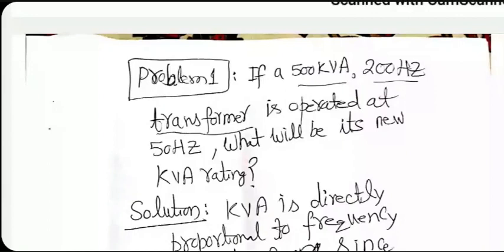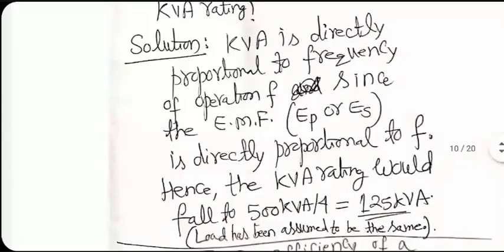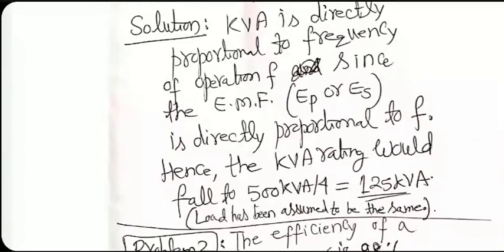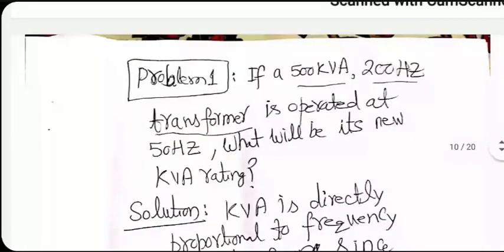Because the wires that you use have diameters based on expected maximum currents under normal conditions. Under abnormal conditions, if the voltages are high and currents also go up, then you have to be careful. The wires might get too heated and may even get damaged. But theory says that, yeah, if it is the other way around, then kVA will go up by a factor of 4. That's for sure.